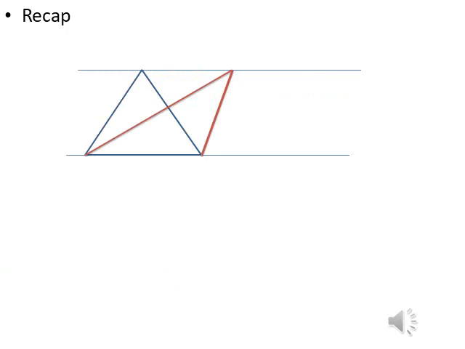In the ninth standard we have seen that if two triangles stand on the same base and between the same parallel lines, then the area of those triangles are equal. In this figure, this blue color triangle and this reddish color triangle stand on the same base. They lie between these two parallel lines. This is one and this is another one. So the area of these triangles is equal. So what we conclude here is, if two triangles lie on the same base and between the same parallel lines, then the area of those two triangles is always equal.